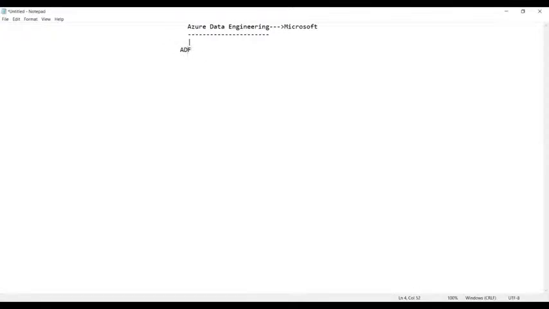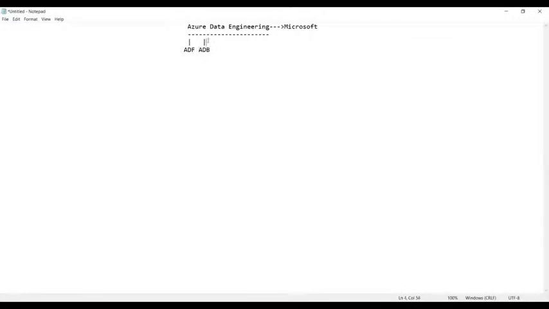Apart from this ADF, we also have the service ADB, which stands for Azure Databricks.